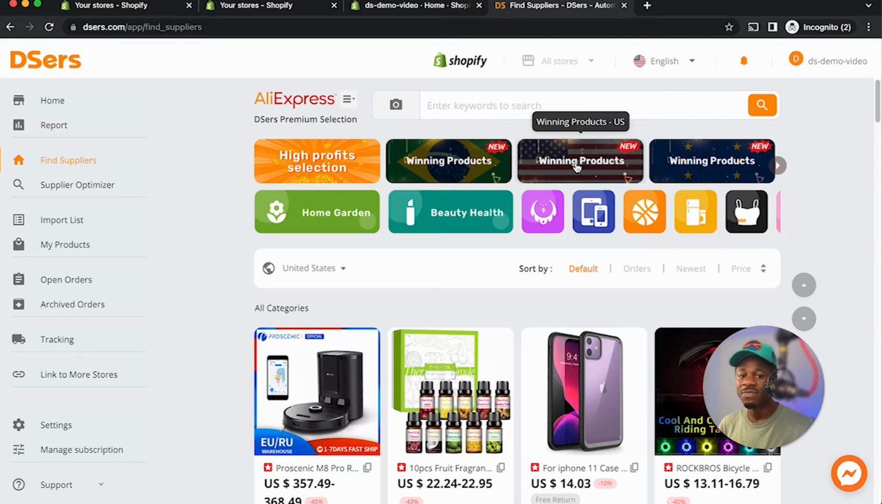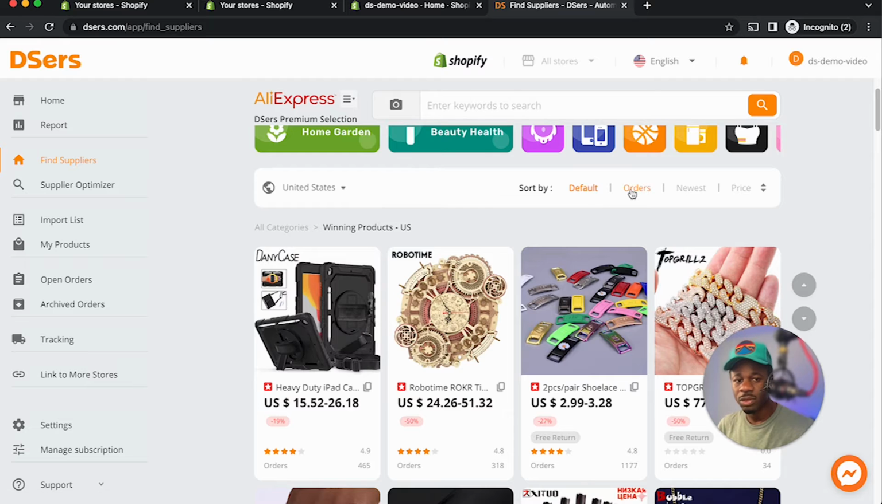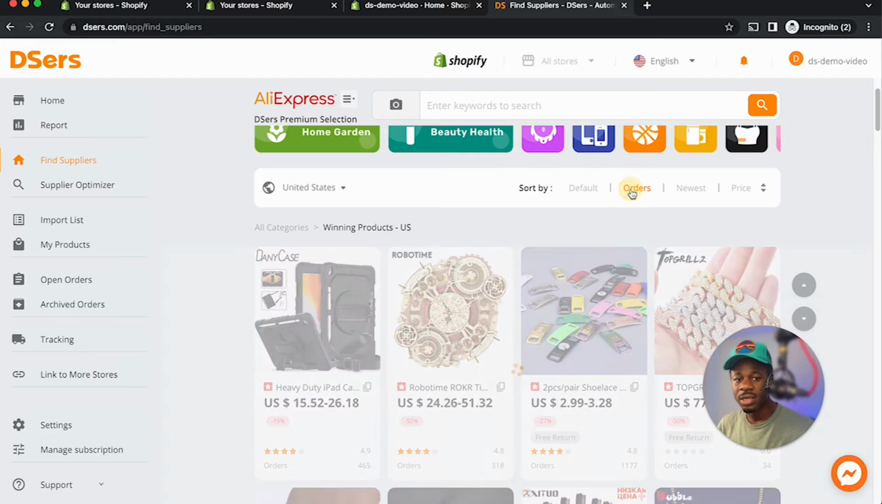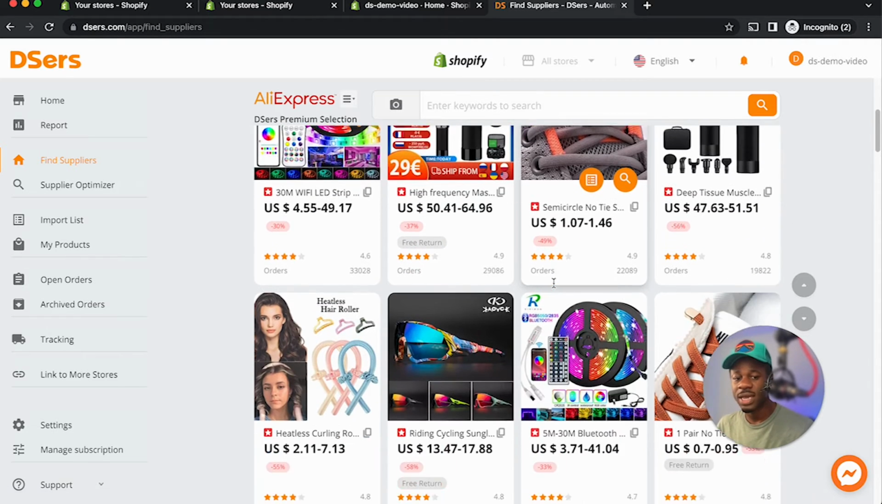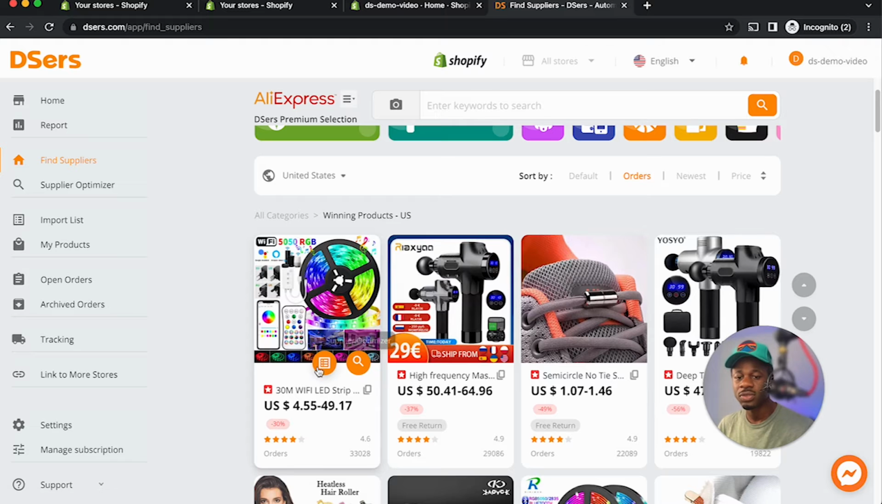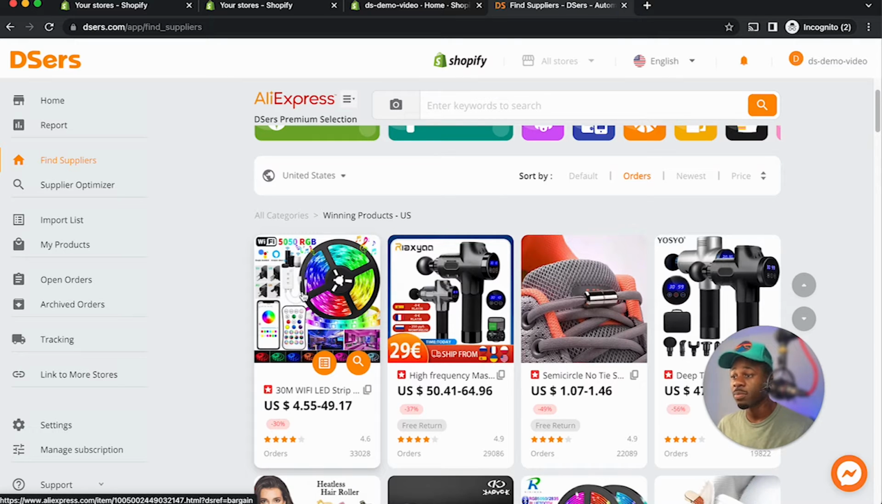And then they have this winning product section here. So let's just take a look at the popular products or the winning products that are shipping from the US. We have all these different products that are shipping from the US. Let's sort by orders. These are the products that get the most orders that are shipping from the US in the winning products category. So when you scroll over the product, you'll see this button here that says add to import list. You'll also see supplier optimizer, so you can find multiple suppliers that can supply you the product,